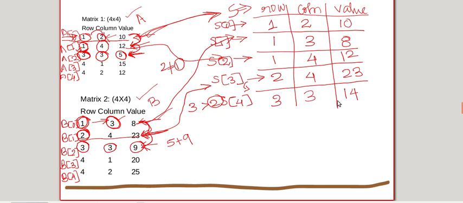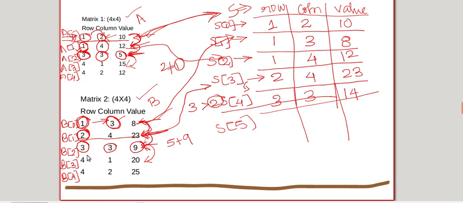If you find row 1 is equal to row 2 and column 1 is equal to column 2, you will have to add both things and copy the row and column value to the resultant matrix. And if you have copied, see here you met the condition, you have taken values from here as well as here, that is you have done the sum. So you will have to increment both the index. Here you will have to increment and here also you will have to increment. After copying, here also you have to increment. So now it is S of 5.